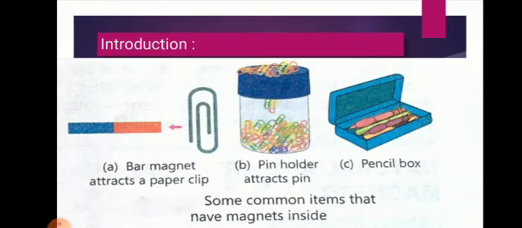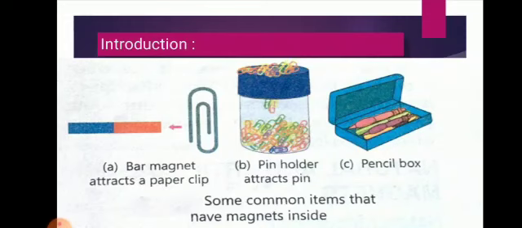So what exactly are magnets? Any substance which attracts small pieces of iron, steel, nickel and cobalt metal towards it without touching is called a magnet. This property is the attractive property and the phenomenon is called magnetism. So the substances which attract pieces of iron, steel and nickel towards them are called magnets, and they show the phenomenon of magnetism.